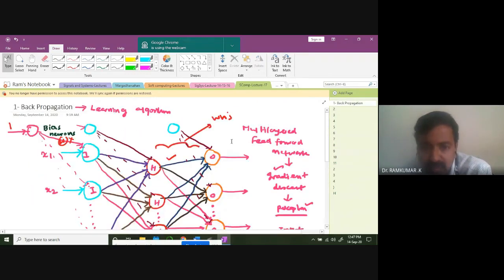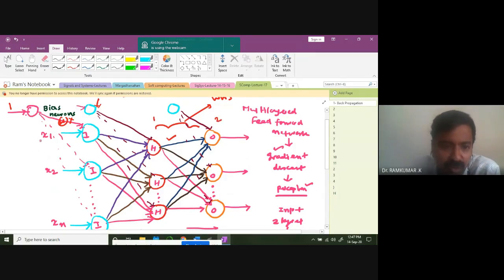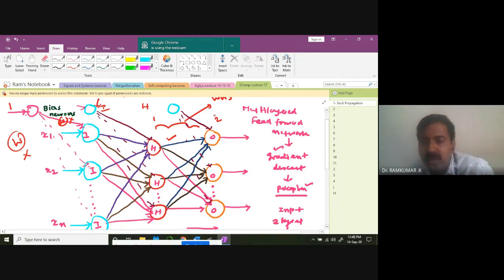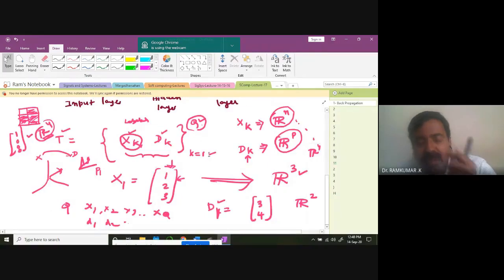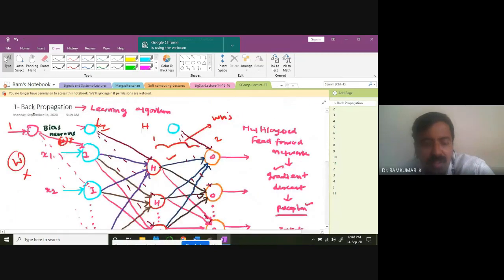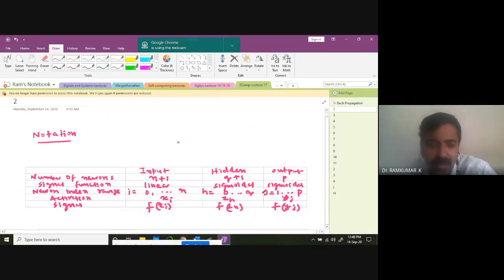We are starting with the backpropagation learning algorithm on a multi-layered feed-forward network. We have two layers along with one input layer: one is the hidden layer, another is the output layer. In the input layer, we don't have any weights. There are weights between the input layer and hidden layer, and between the hidden layer and output layer. We have a set of data, and we are going to train this network using a very famous algorithm called the backpropagation learning algorithm. I have defined the notations for the given multi-layered perceptron neural network.